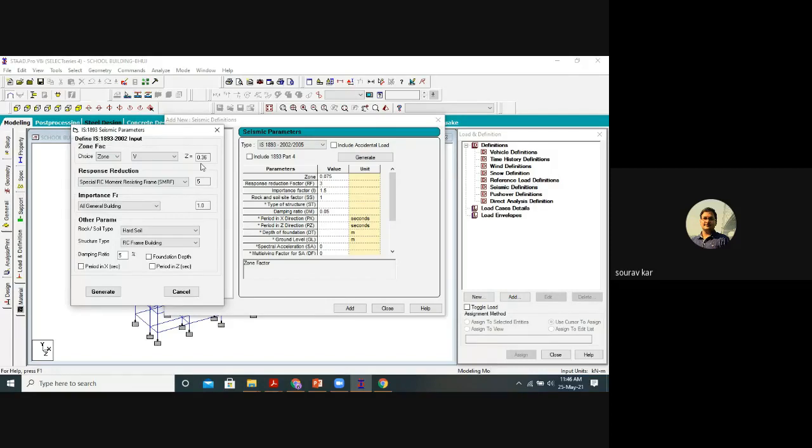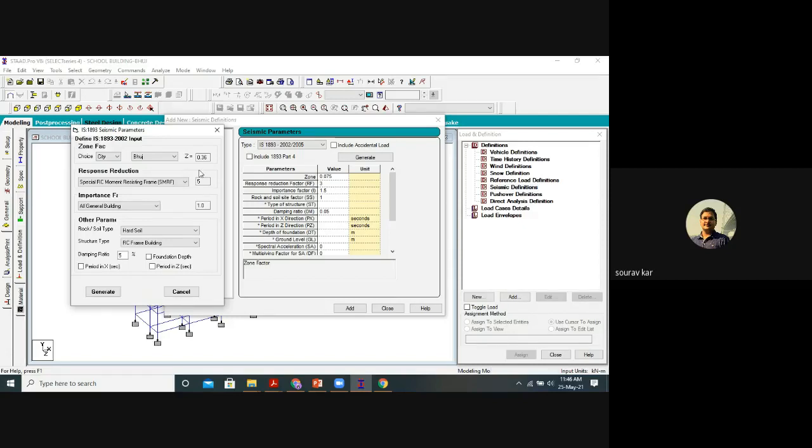Initially Bhuj, before the earthquake, was in zone 3. But after the severe earthquake, it was updated to zone 5. A similar upgradation was observed in various cities of India. We'll go for city, we'll go for Bhuj, and the zone is automatically selected from the database because they are all stored from the IS code.